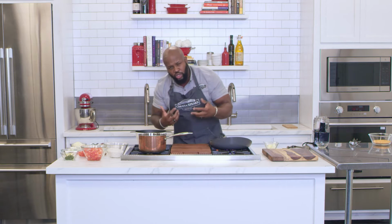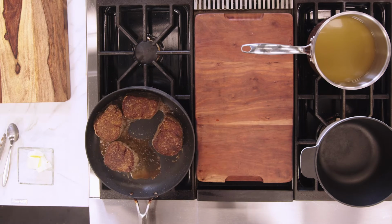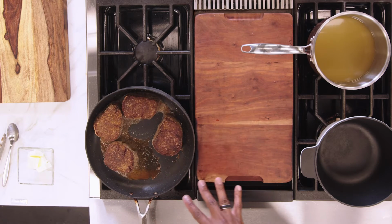fat is flavor, and the brown butter, once you put that in the pan, is gonna add a whole other flavor profile as well, adding a little bit of fat for mouthfeel and also the visual cue when that butter just glazes and coats that steak. It's truly a thing of beauty. All right, so you let that go for another 3 to 4 minutes because what we're aiming for is a